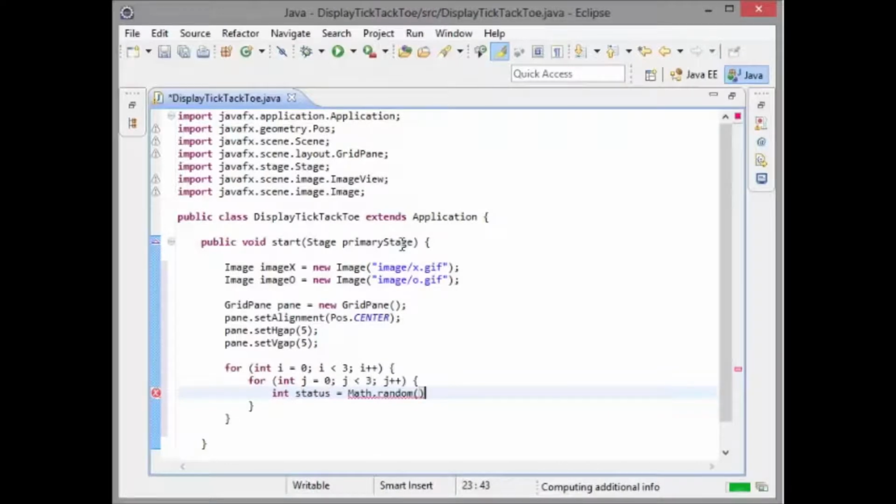Remember, this returns a random double in the range of 0 to 1, so we need to multiply this by 3, which will give us a number in the range of 0 to 3. And then we need to typecast the whole lot to an int. Sorry, a number from 0 to 2, I should have said. But anyway, we typecast this to an int to get rid of any decimal places, and now we have an integer in the range of 0